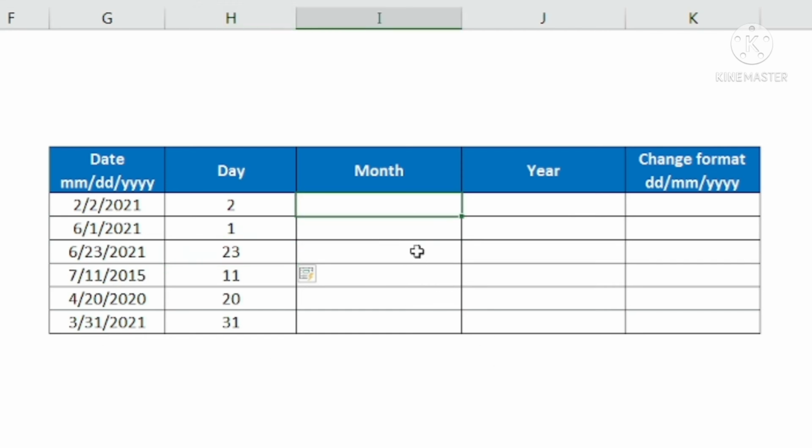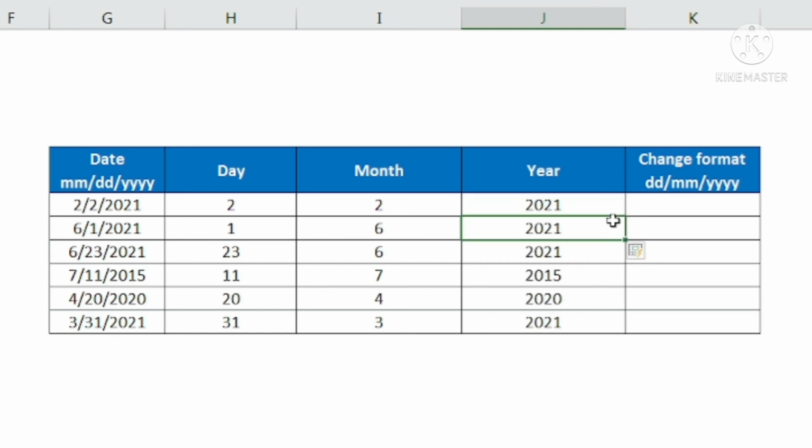Now here the month is at the first place, so I will go here, put 2, and again I will put here 6 because I don't want Excel to make that mistake again. And now from the third cell I will press Control E. You can see here it has given me the month, which is at the first place. Now third is year. The year for the first cell is 2021. I will press enter and press Control E for Flash Fill. Can you see all the years are being separated from this date? Okay, isn't it amazing and a very time saving tool?